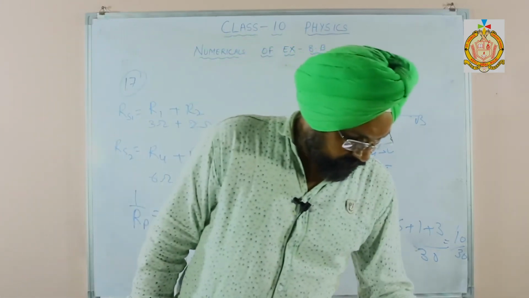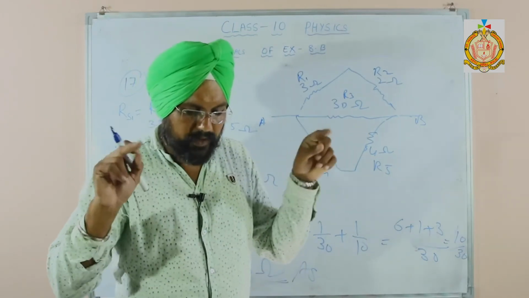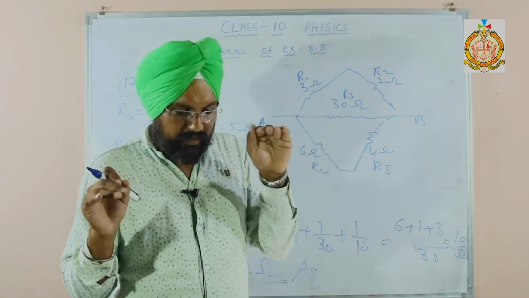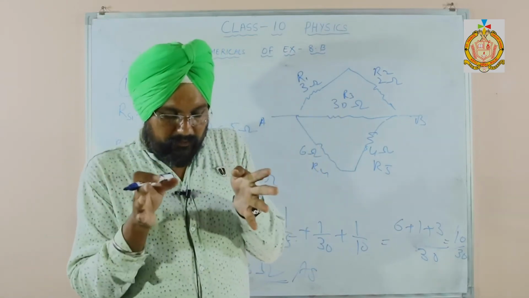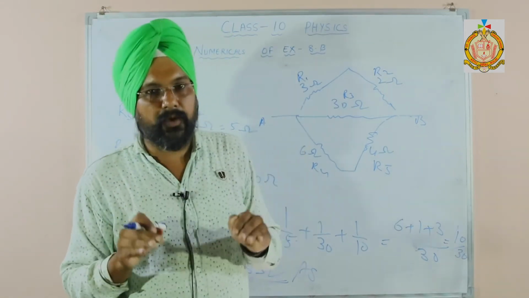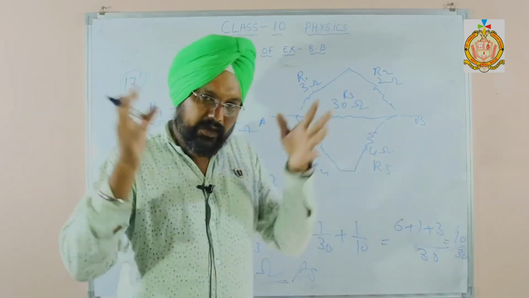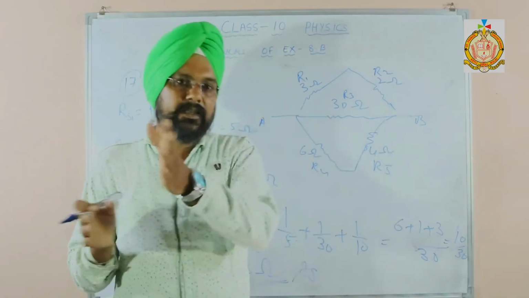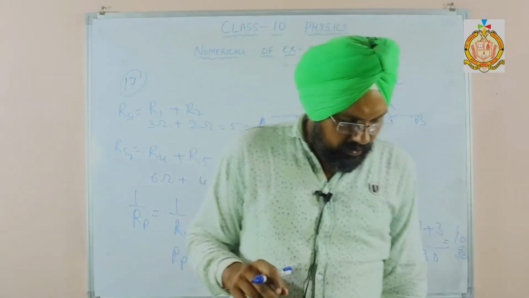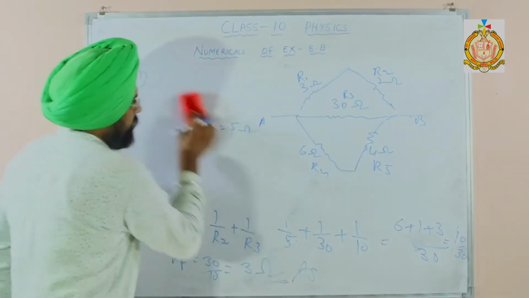In the same way, for 19 you can separate it from the P portion, P and Q. The 3 and 3 will be in series, then the one down in between the 3 becomes parallel, so 1 upon 6 plus 1 upon 3. You will have 6 as the LCM, then take R parallel, then R1 plus R4 will be your final answer. Then the 20th one, we are going to solve the 20th one.